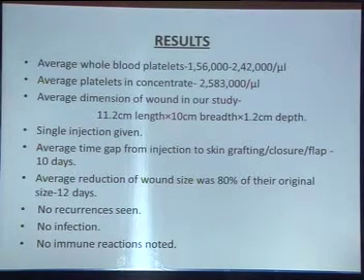So the results of our analysis: in our study, the 15 patients we analyzed had average blood platelets around 156,000 to 240,000, and in the concentrate it was around 2.5 into 10 power 6. The average dimension of the wound which we had included is around 11 into 10 into 1.2. Only a single injection of platelet-rich plasma precipitate will be given,